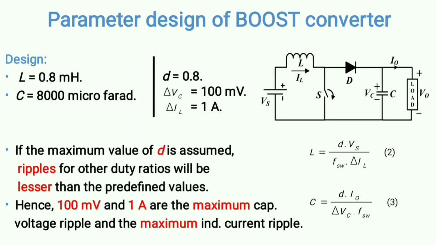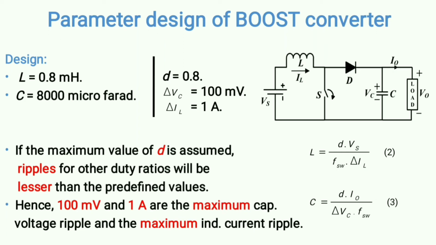In buck converter also you got the same advantage, right? If you remember, there, by choosing D to be 0.5, you got the same advantage, but here you have to choose the maximum value of duty ratio. And again I am saying there is no hard and fast rule. You can choose any value of duty ratio for designing. All these things I did during my post graduation time while I was doing my research work. There I came to know all these things, but these things you will not get in any book. You can choose any duty ratio for designing, but if you choose the maximum, you will get this advantage.